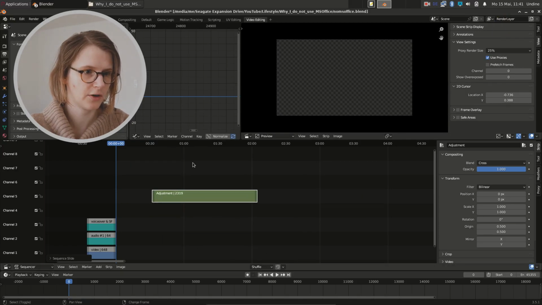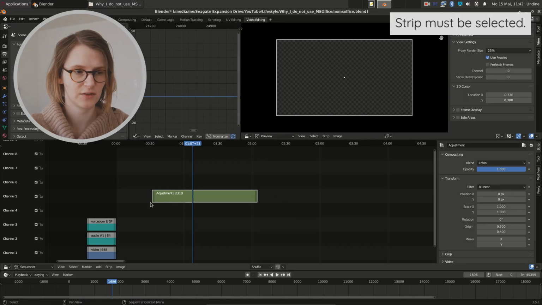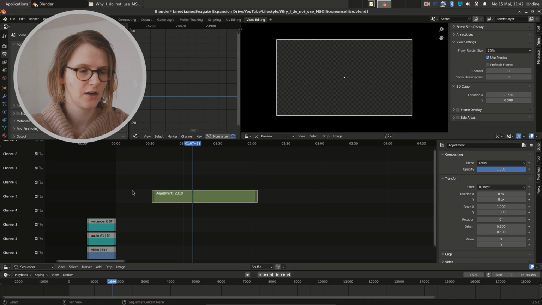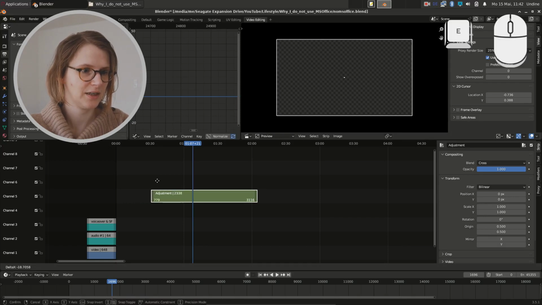So when I have the cursor over a strip, I can change the length of the strip by pressing E. So when I'm with my cursor on the left of the timestamp cursor here, I can press E, and then it'll